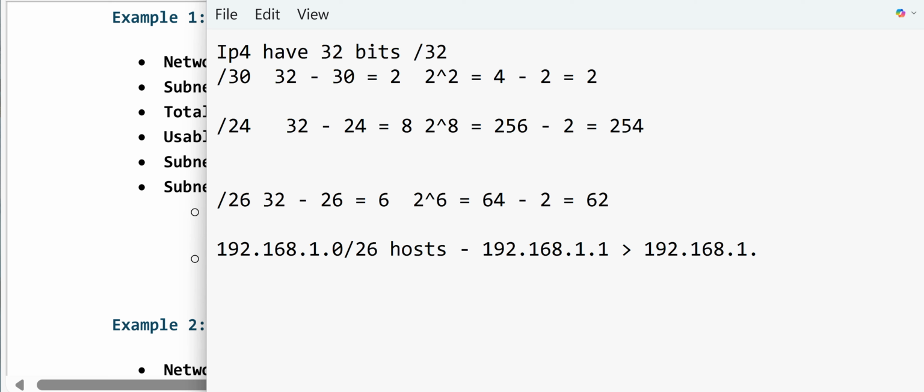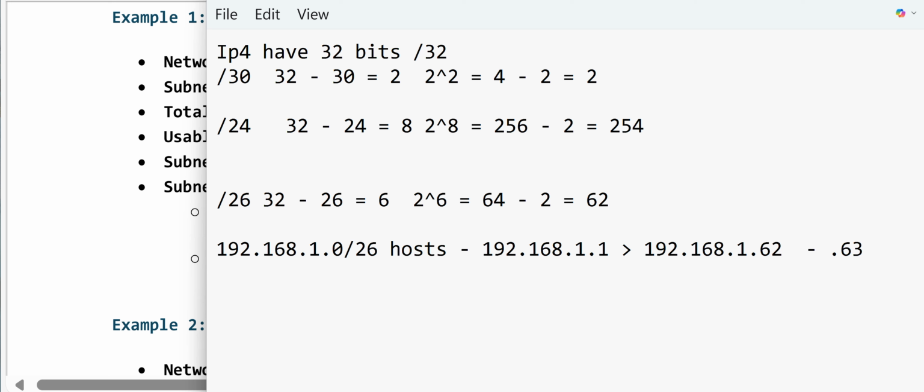.1, and you'll get to .62 with this one, right? Because the total number that you have is 64 minus 2. So you're just gonna have 62 numbers here. That's all. And then of course the last one that you have, which is your broadcast, will be